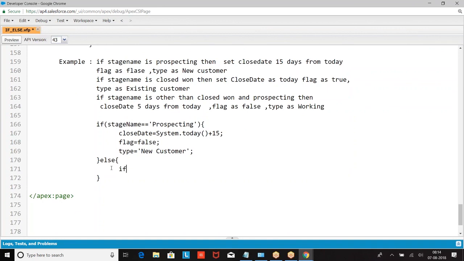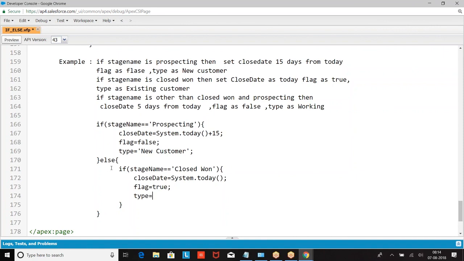This is not prospecting, else if it is closed one, flag equal to true, type equal to existing customer.